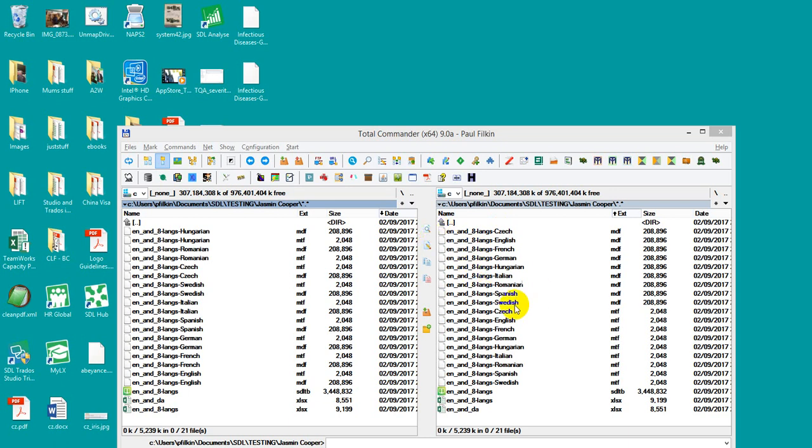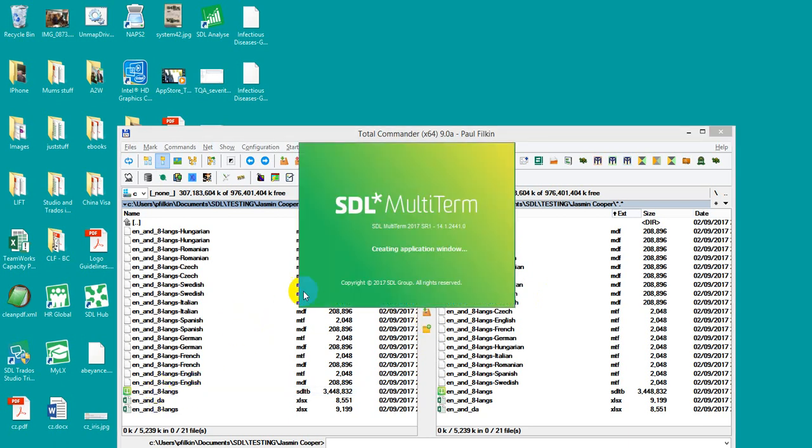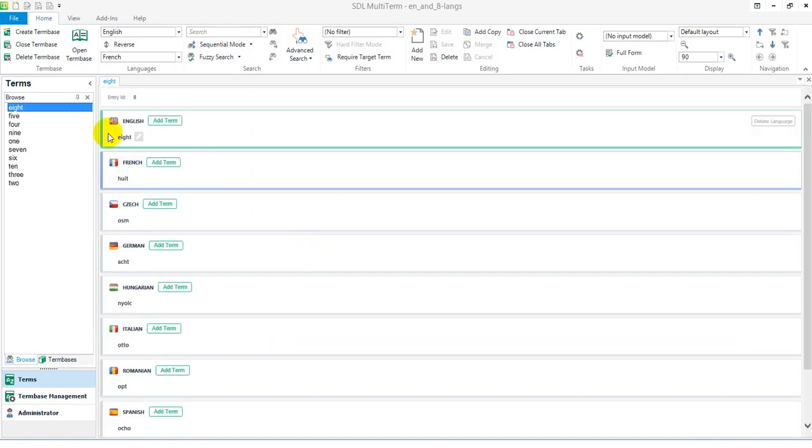So I tackled this using the glossary converter rather than using multi-term and importing, simply because I think there's a bug there. So the way I did it was I created my term base. My term base has English plus 8 languages in it. So here we have 1, 2, 3, 4, 5, 6, 7, 8,